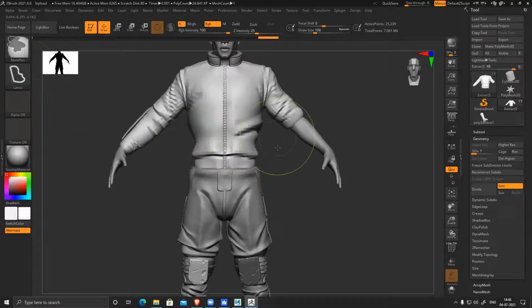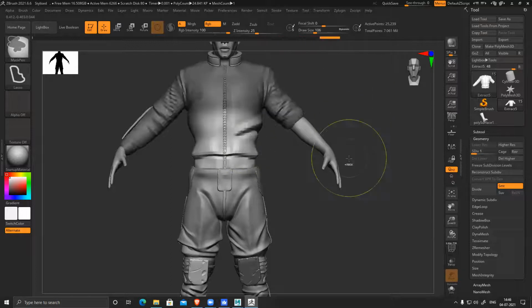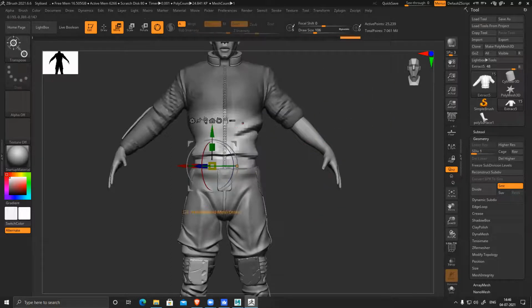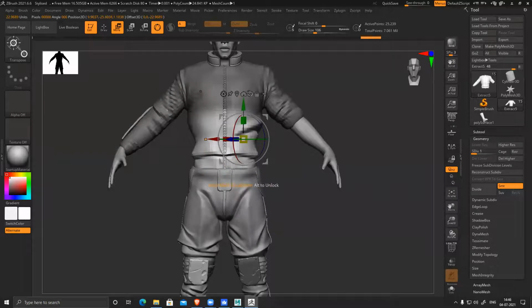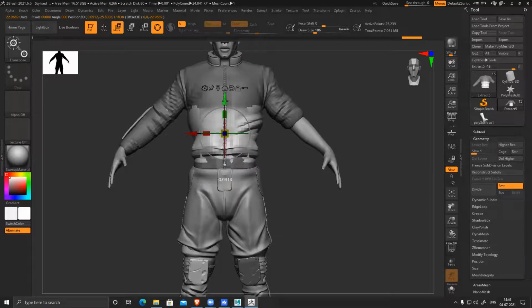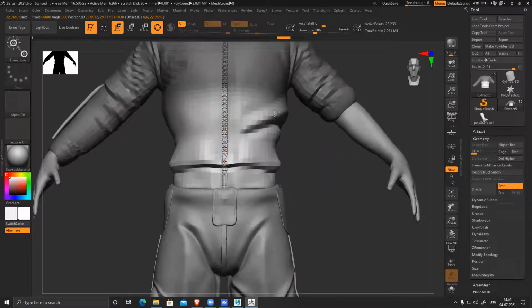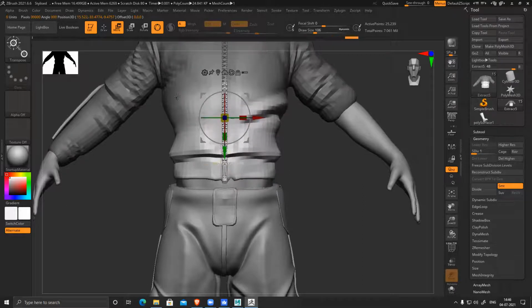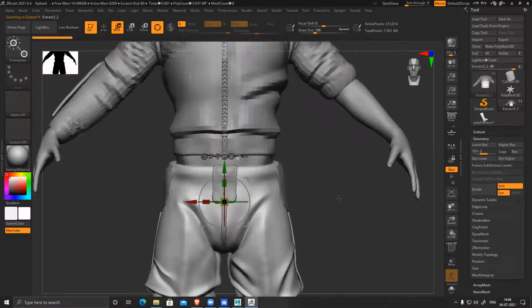Lasso, invert, make it slightly short. Smooth it nicely so that there is no stretch or sudden crack on the body. Okay, you can do it. Then go back to your trousers.